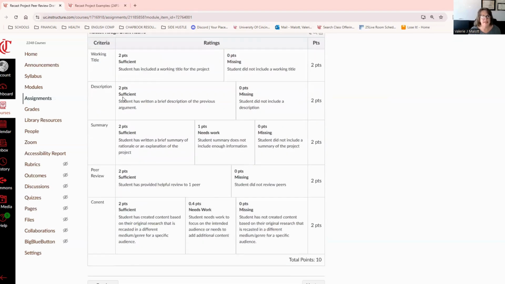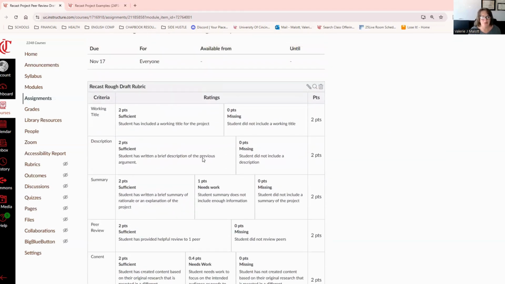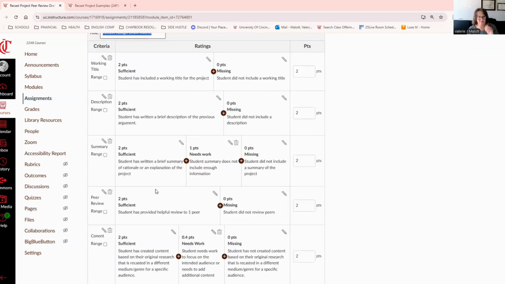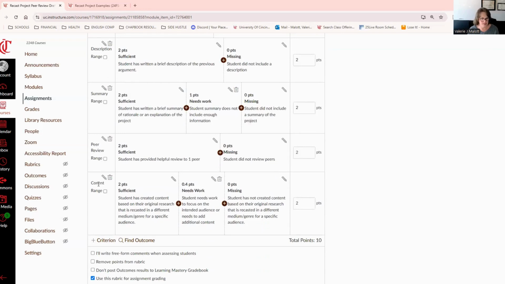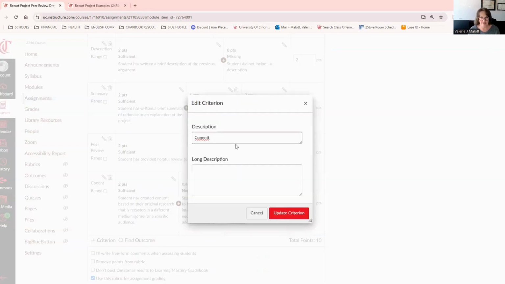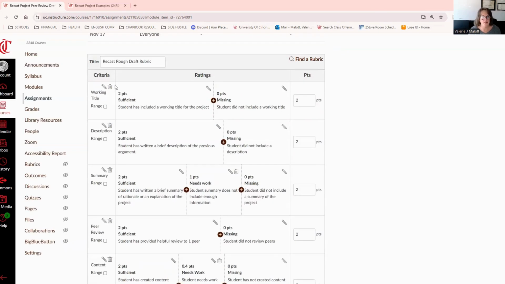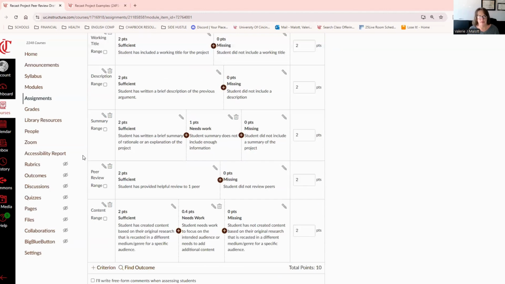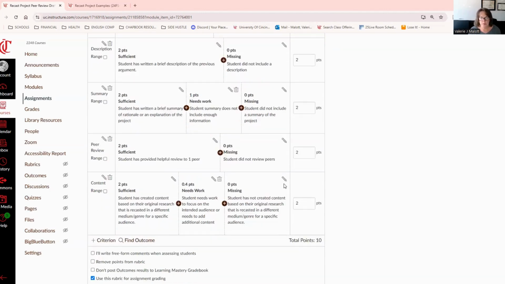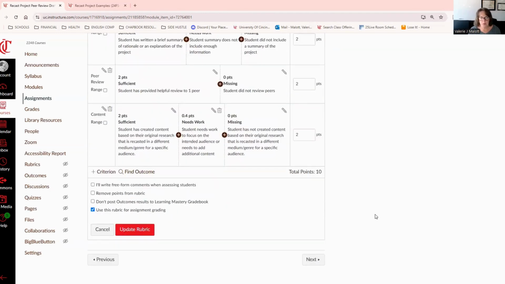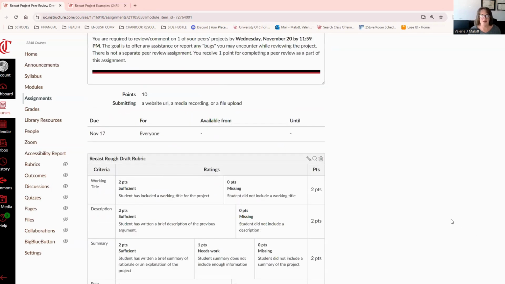Here is the rubric with a spelling error. I hate when I'm in a rush to do things and I don't take a look at any kind of mistakes I made with editing there. That's taken care of. So you'll get points for your working title, description, summary, if you do a peer review, and if there's content. So 10 points for all of that.